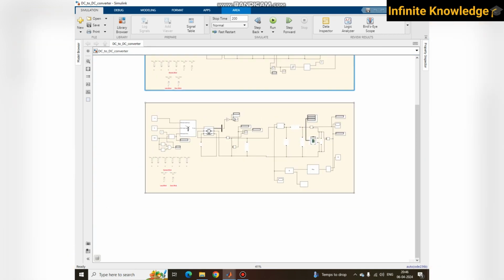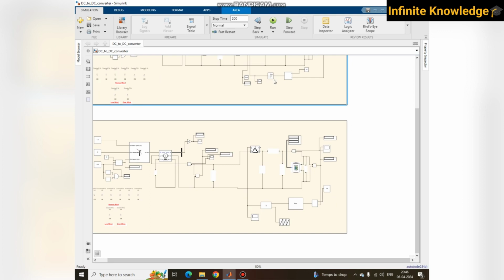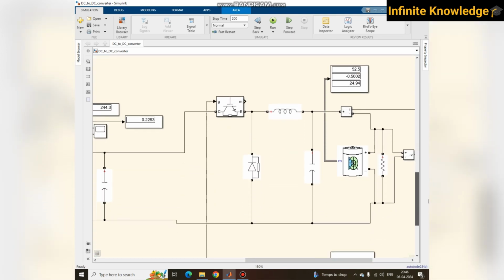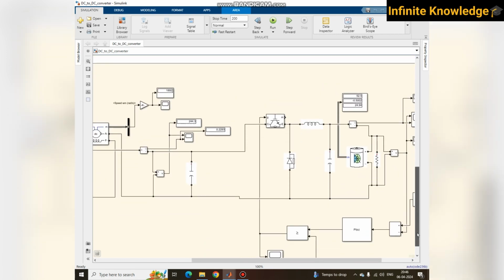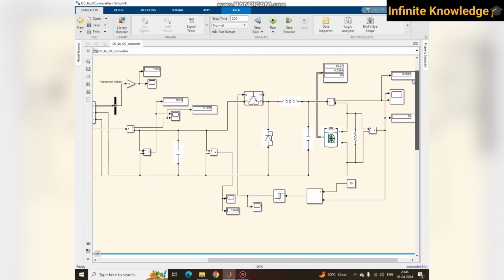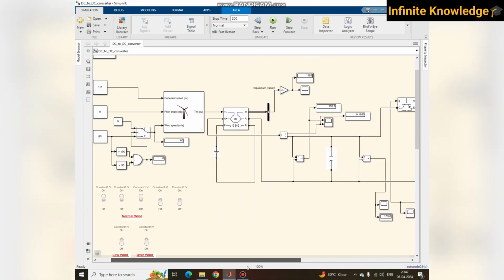Again, I have two models. The first one is simple, using a relay for turning on and off my IGBT. Whereas this one is a PID controller, or a PI controller. The PI controller switches on and off these IGBTs, and according to its PID logic, it compares our output voltage and set voltage, and according to that it switches on and off, and we are getting the output voltage. Similarly, 25 volts is our output side, and we will check both simulations specifically,